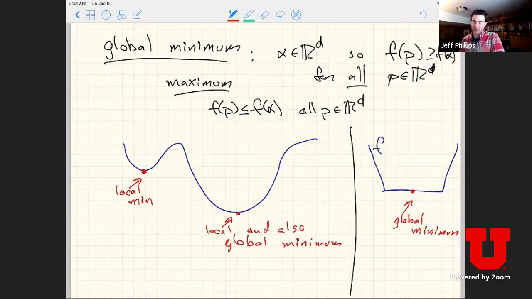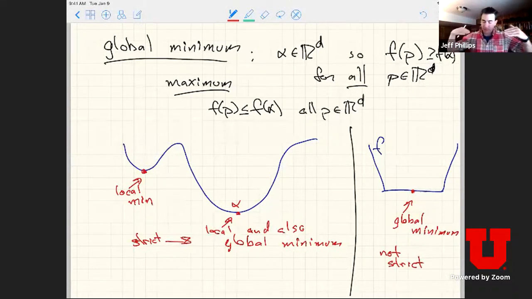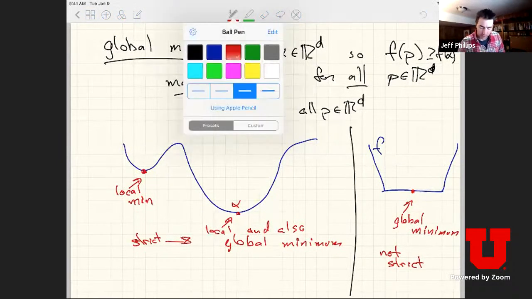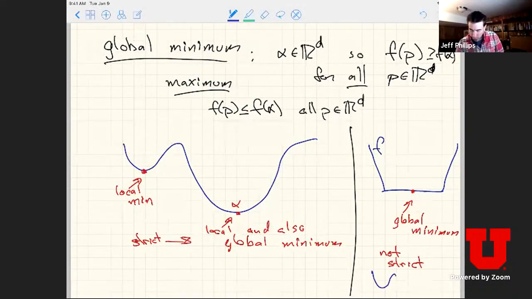But what's different about this one is that in any neighborhood I define, there's a bunch of things that have the same function value. So this is not a strict global minimum, whereas this one is strict, because all the function values except for this alpha right here are going to be greater than that. Here you can have cases where you have a bunch of function values which are exactly the same. You could also have the case where you have